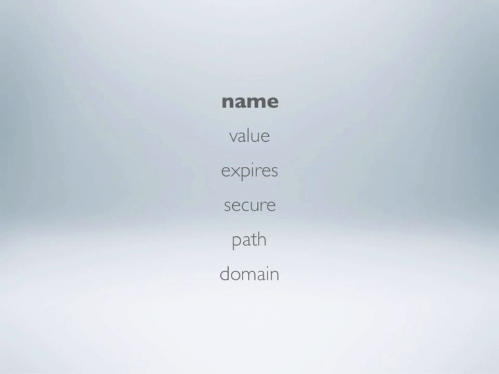The first attribute every cookie has is that every cookie has a name. The name of a cookie is how that cookie is actually identified. In JavaScript, when we make a cookie, we must give it a name. It's the only attribute that is required, that simply has to be there. And in JavaScript, whenever we want to find the value of a cookie, we will typically look that up based